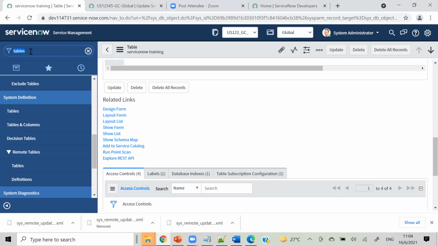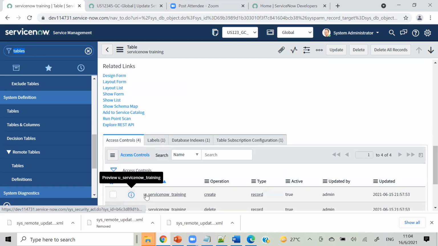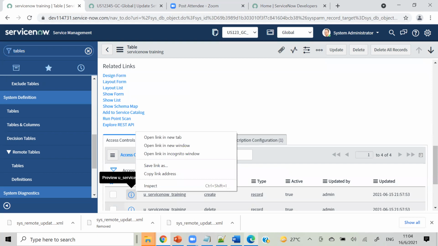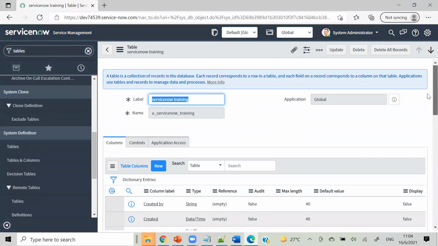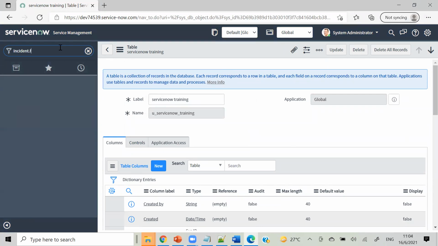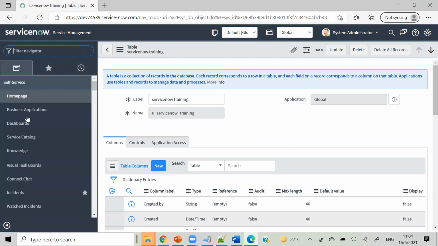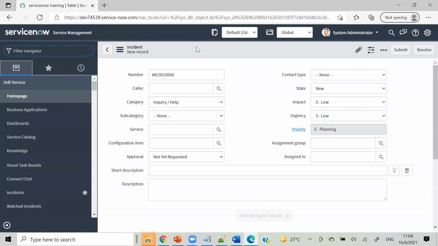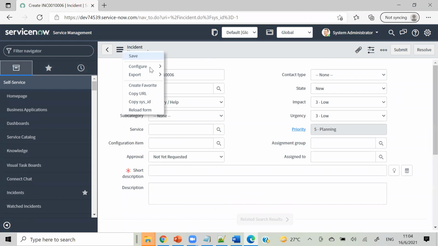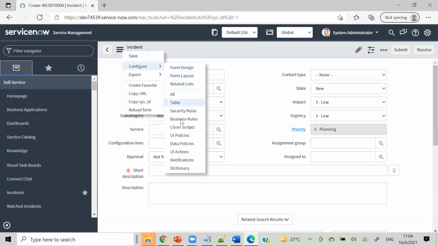I don't know why that option is not showing here, but it will be available in real time. Not in real time, it should be available on this dev also. Let me see in Sharat's application, Sharat's dev. Here also I don't have it.